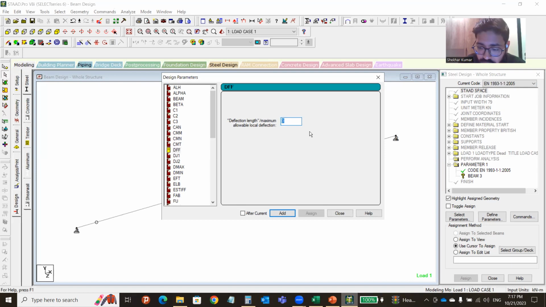Allowable deflection, we'll say deflection length maximum. Make it 1. This is the ratio of deflection length by maximum allowable deflection length. Make it maximum 1 and